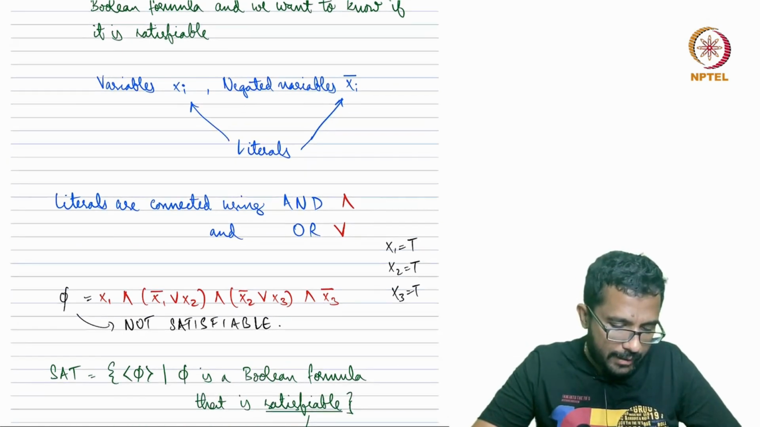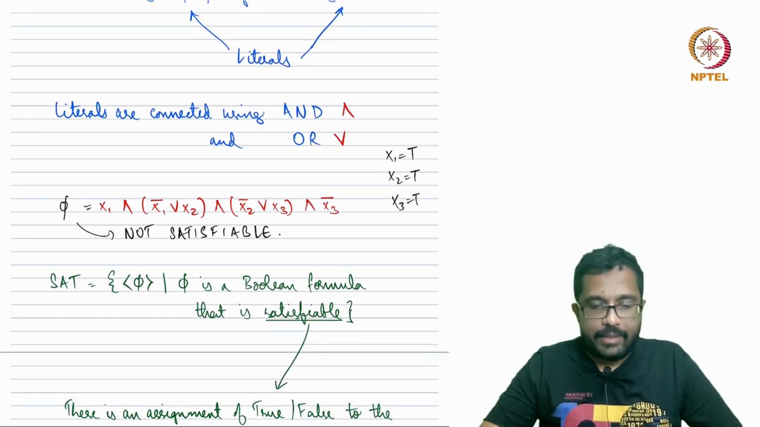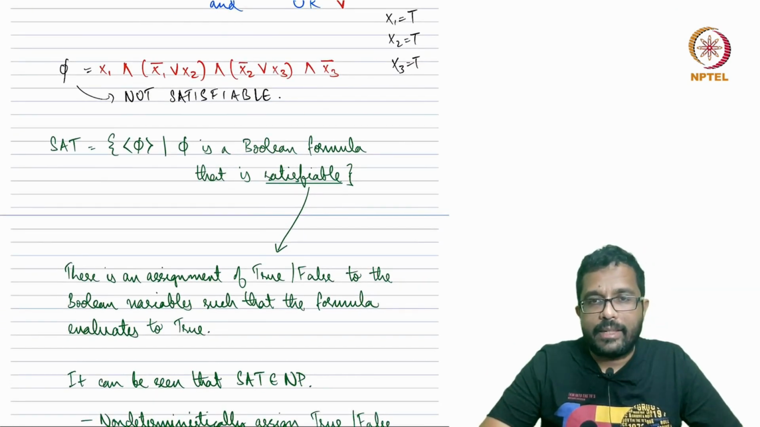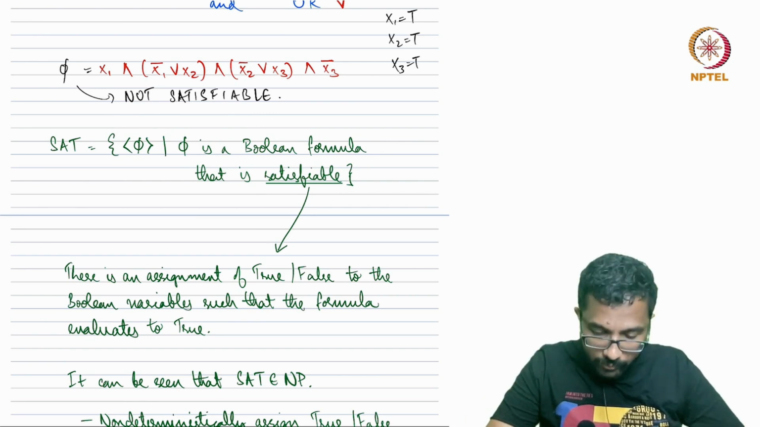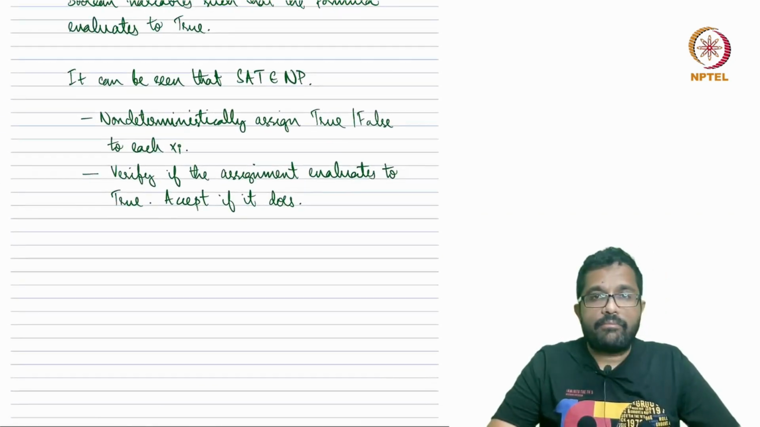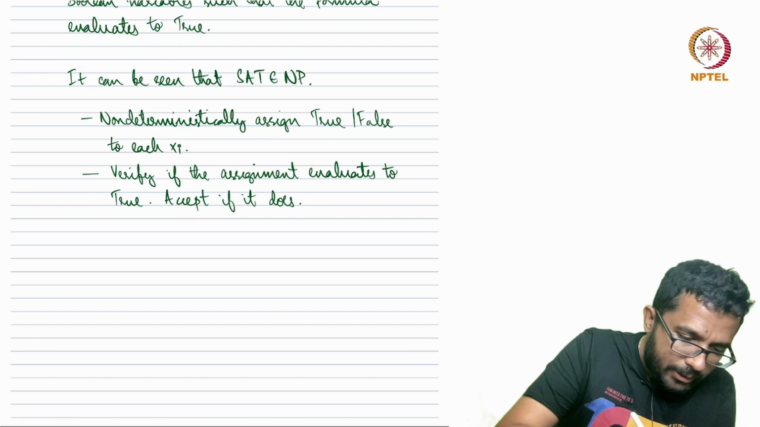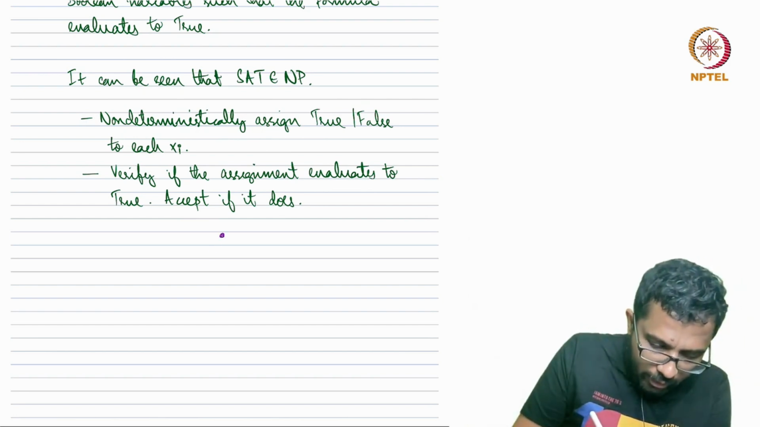So the question of satisfiability is: is a given Boolean formula satisfiable? Satisfiable means, is there an assignment of true or false to the Boolean variables such that the formula evaluates to true? It can again be checked that this question is in NP. Why? Because we can do something similar to what we did earlier. We can non-deterministically assign x1 to be true